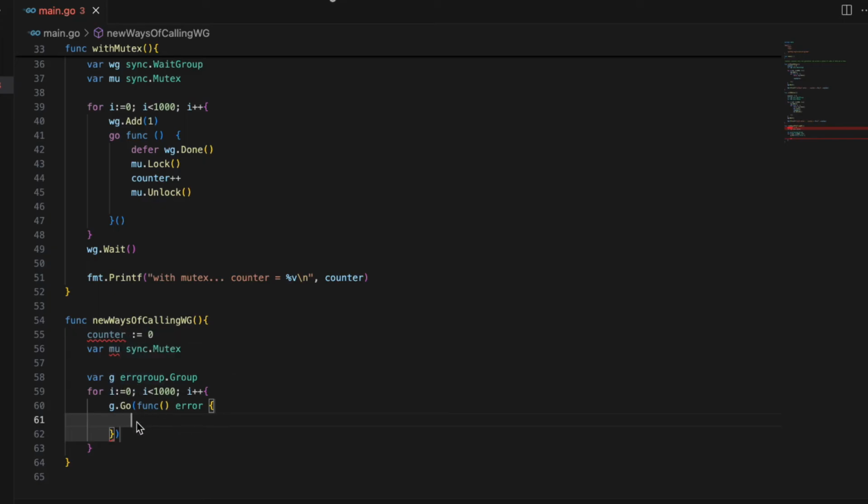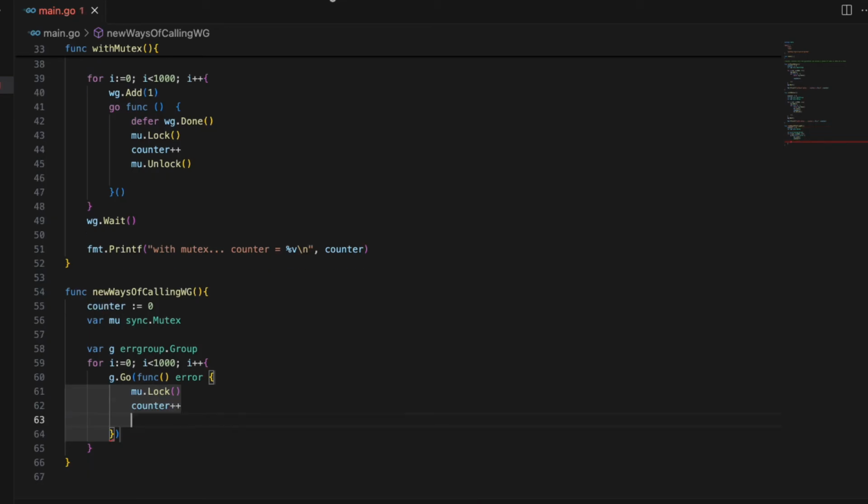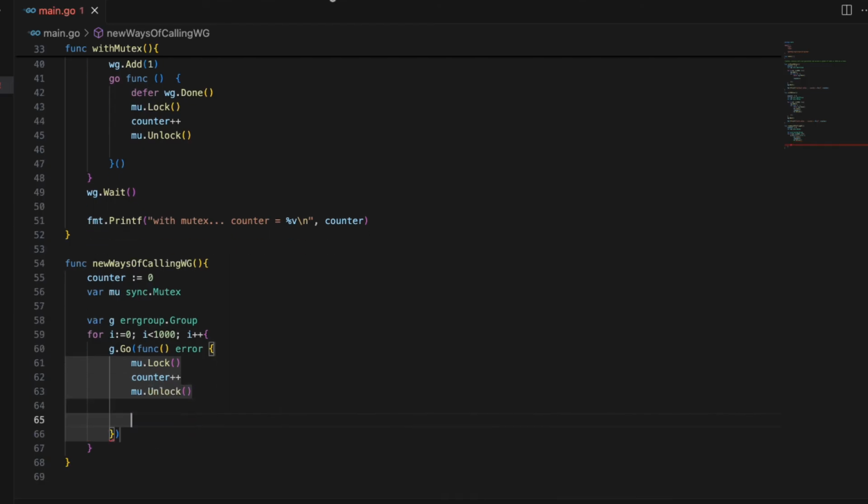So now, what we are going to do is just lock our resource. If you don't know what that means, please refer to my previous video, in which I talked about mutex and how you can use it to prevent the errors that come with running Go in a goroutine, right? So now we are going to just increment the counter, and then we are going to unlock it for other goroutines to have access to it. And then after that we're just going to return